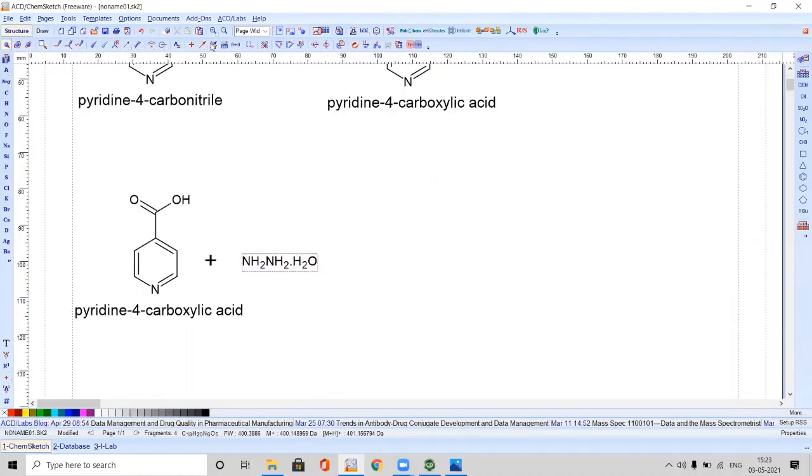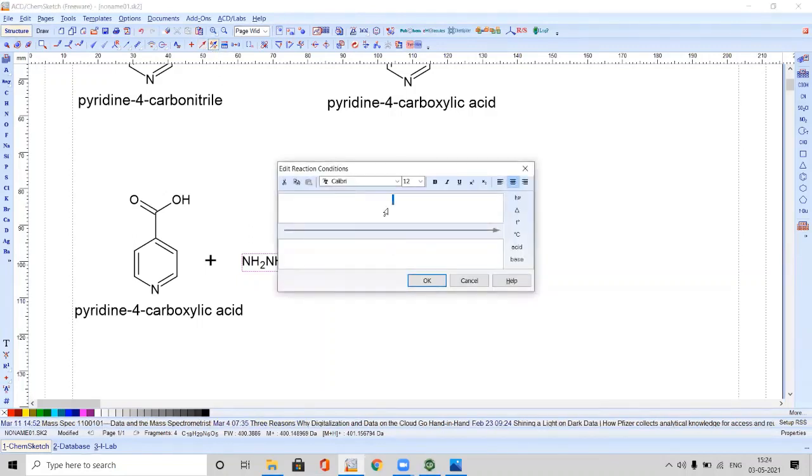Now we need to draw the chemical equation, meaning the reaction arrow here. On the reaction arrow, we need to mention sodium hydroxide. So select the labeling of the reaction arrow. You will get this page. Sodium hydroxide at a temperature of 100 degrees Celsius. Here itself it is present.